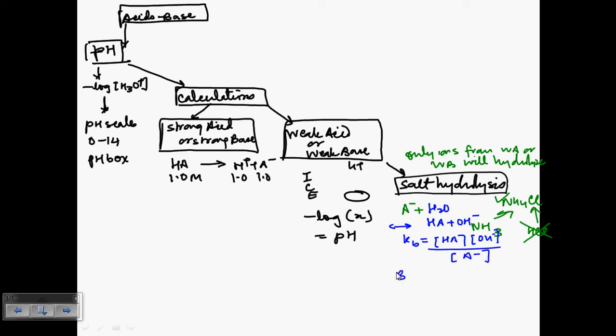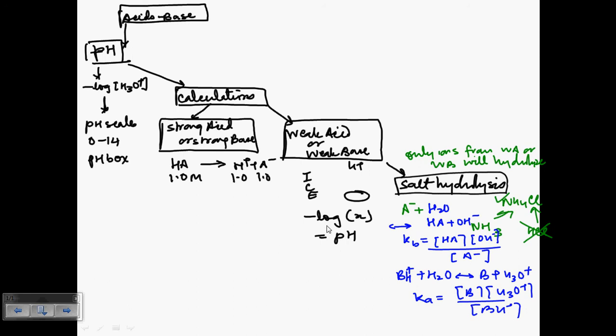If you are hydrolyzing a cation, then it will make, BH plus is your cation. It will make B plus H3O plus, and in that case it makes the solution acidic, and you write it as B H3O plus over BH plus. Okay, so these are your acid and these are your cation and anion hydrolysis. And then going back here,